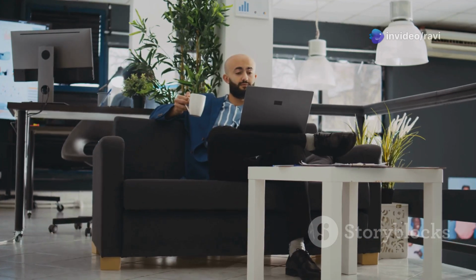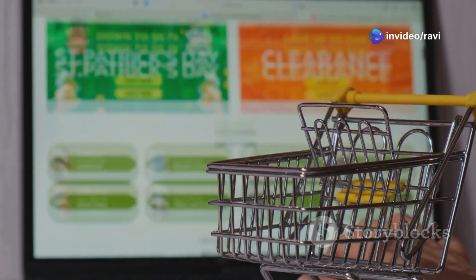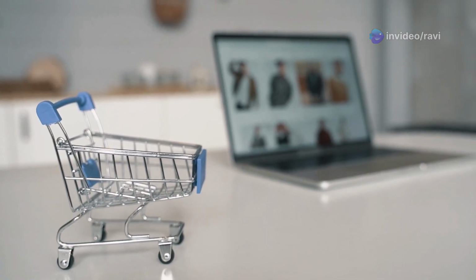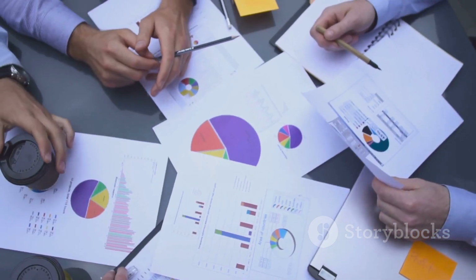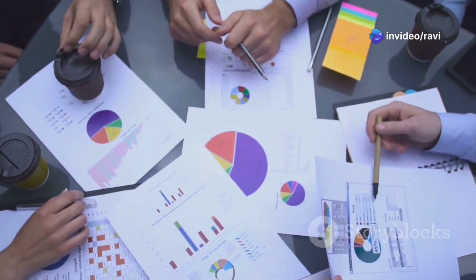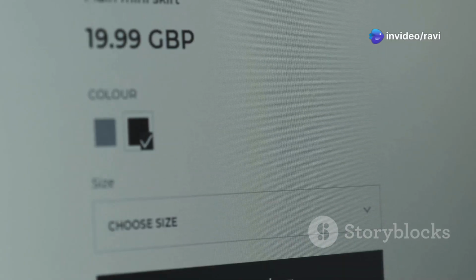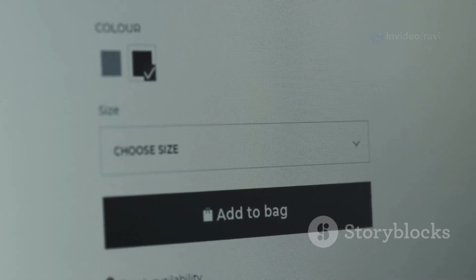One of the coolest applications of this is customer segmentation. Let's say you're running a massive online store. You've got millions of customers with different buying habits, preferences, all that. Unsupervised learning can group those customers into different segments based on their behavior. By understanding these segments, you can tailor your marketing, your product recommendations, the whole 9 yards to give each customer